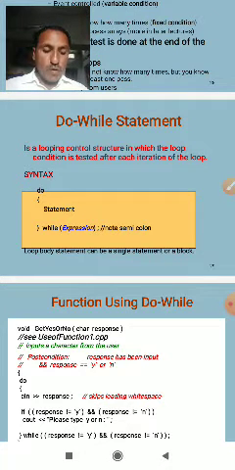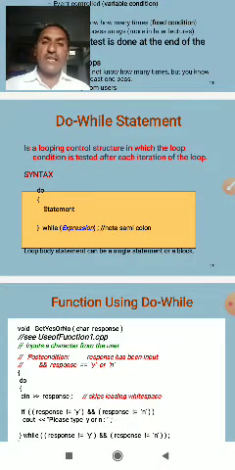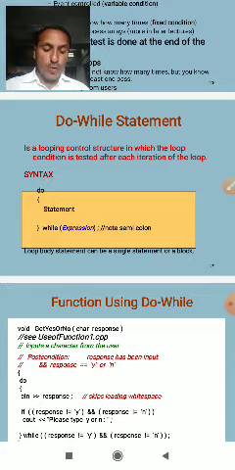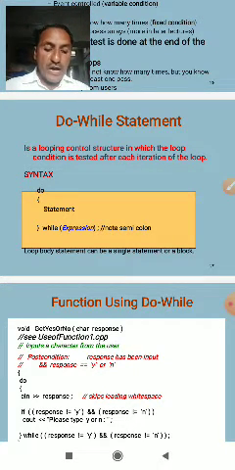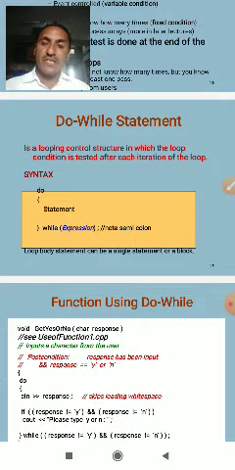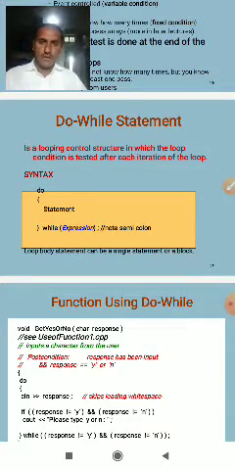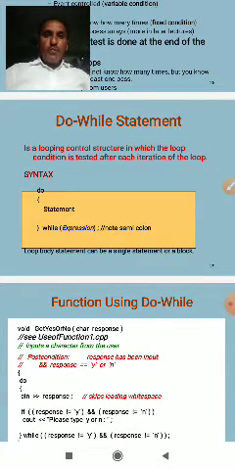Example: a program for generating natural numbers using a while loop. At the beginning of the program, #include <iostream.h>, including the stream input/output file. Then void main, the start of the program.